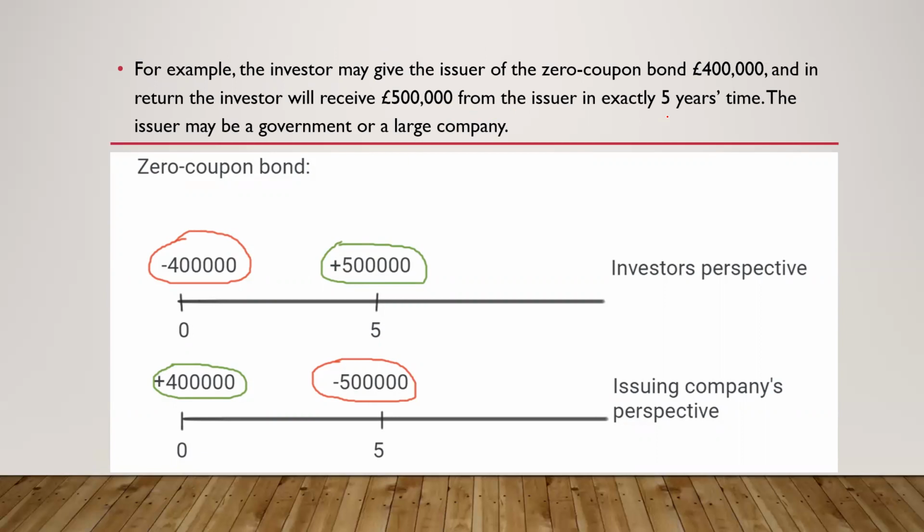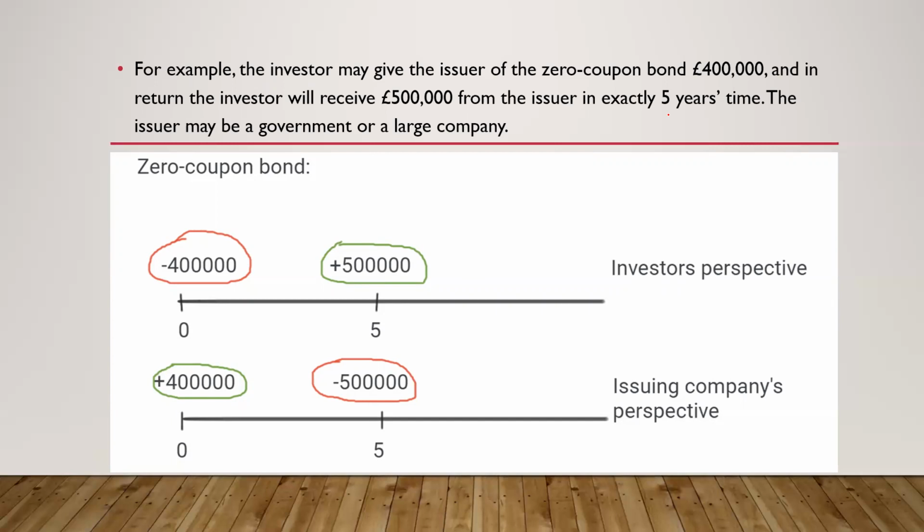So note one thing, in the case of instruments like bonds, if the investor has paid some specified amount of money or lump sum to the issuer, it is not certain that exactly the same amount will be received by the investor. It could be more or less. So here you can see the investor has spent around 4 lakh GBP in the beginning of the zero coupon bond for a 5-year tenure, and at the end of the 5th year, he is receiving an amount greater than 4 lakh GBP, as you can see.